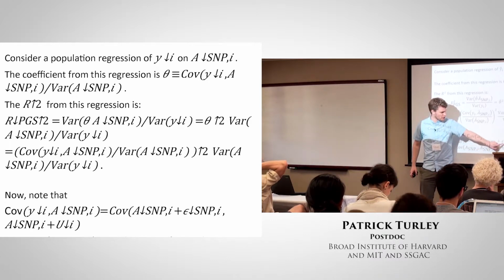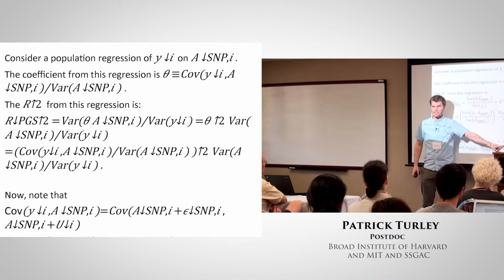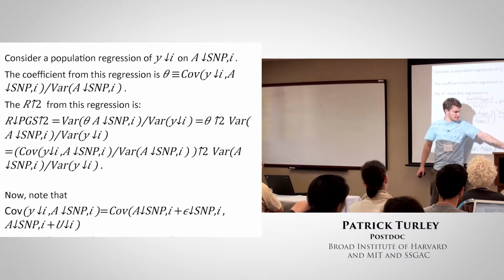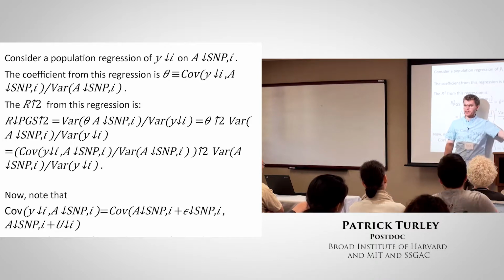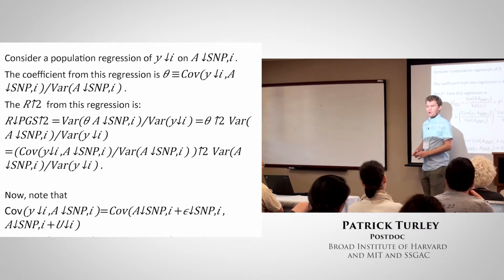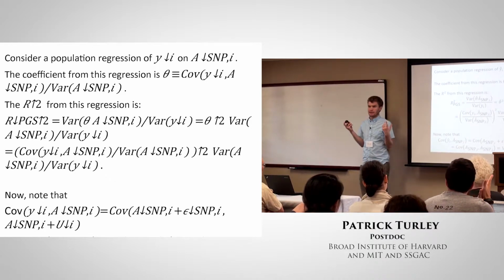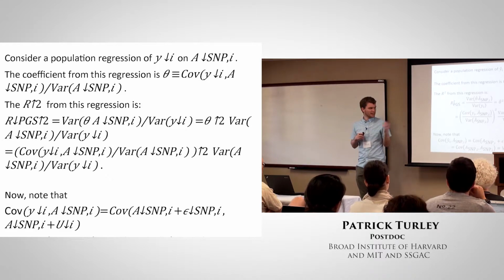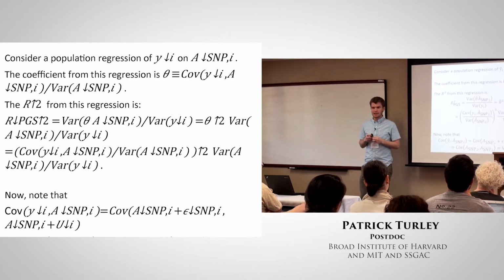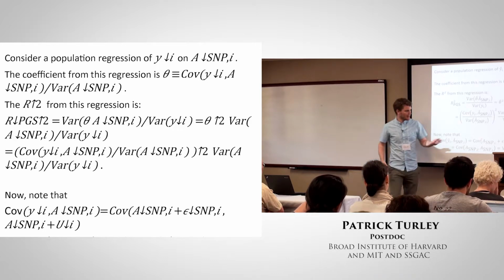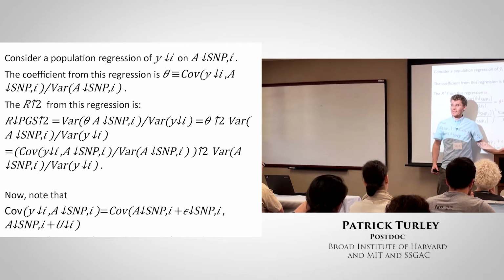So before I assumed that this is the residual in your prediction sample, and this thing here is the error in your discovery sample. I said, well, if these are different samples, then these things are going to be uncorrelated, right? However, if there is some overlap between your prediction sample and your discovery sample,